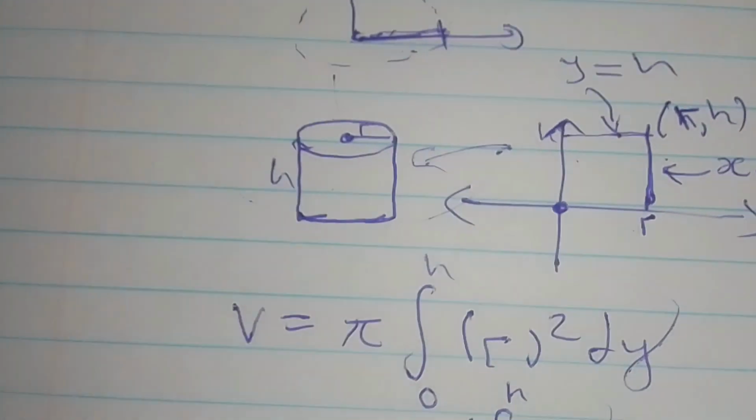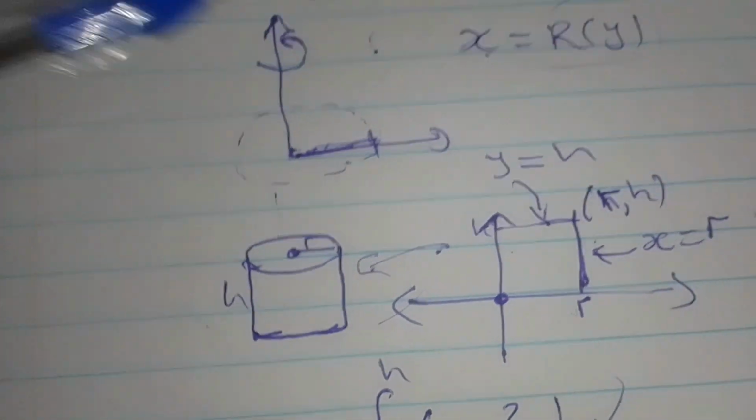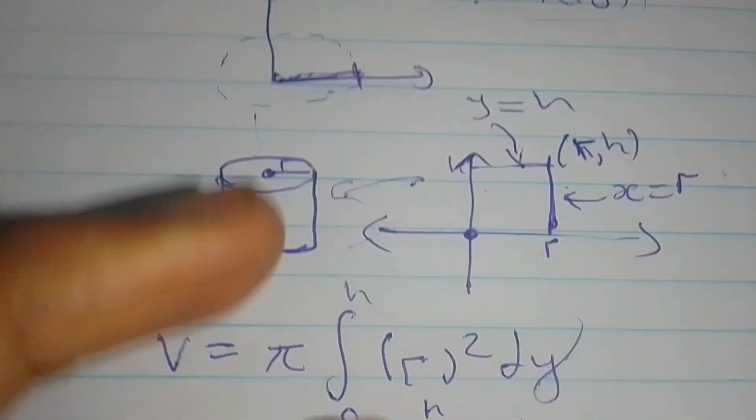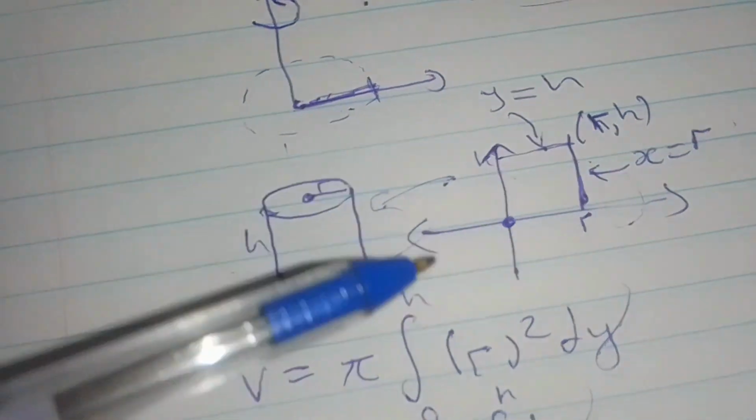So I'm going to be quickly deriving other formulas as well, but this is just an idea of what's happening. But if we were rotating about the horizontal axis, we would have solved